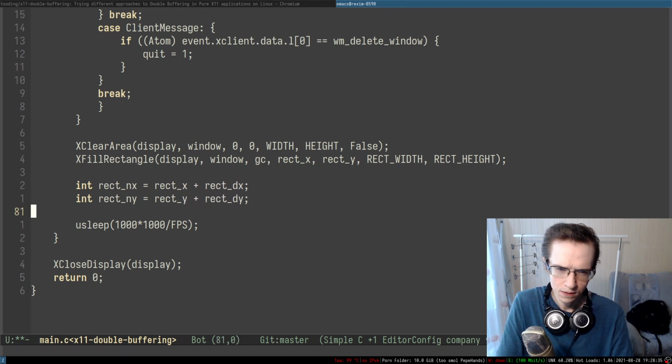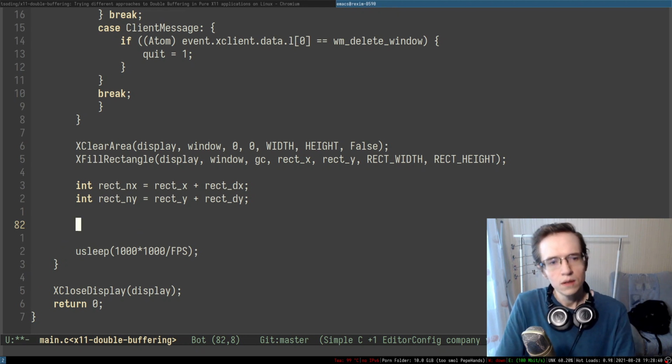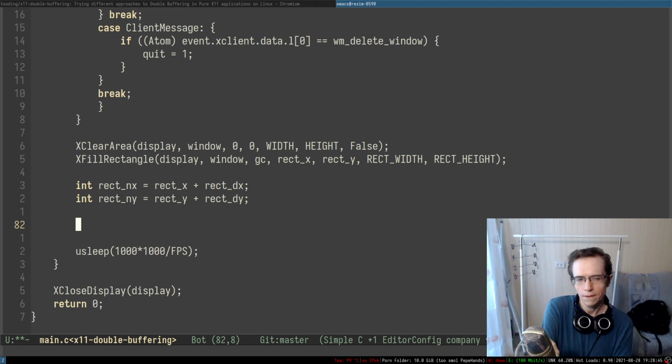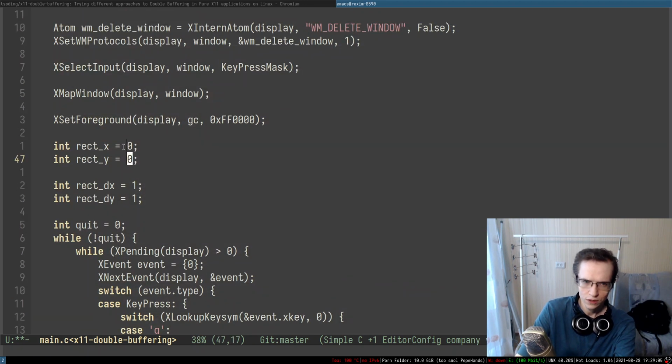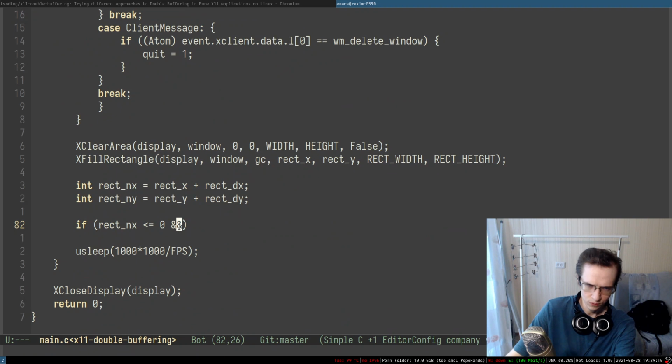Like this, right? So this is the new one. So this is the next one. And if rect.x is less than 0, less or equal maybe than 0, and because of that, maybe I want to actually start around 1, like 10, 10, right? And rect.x. I wonder what affects this entire stuff, but anyway,